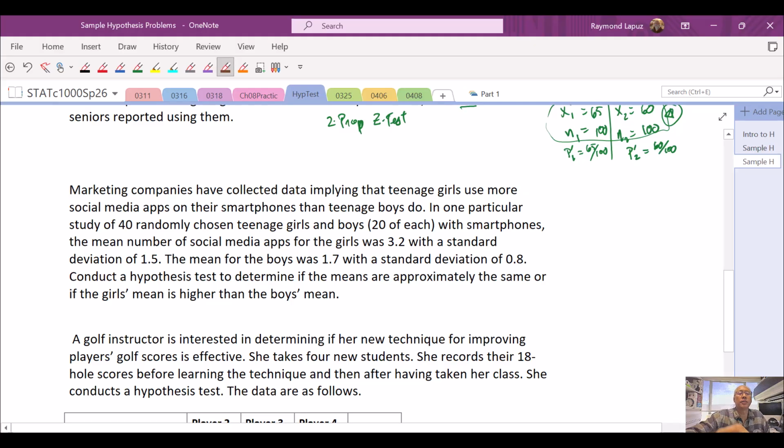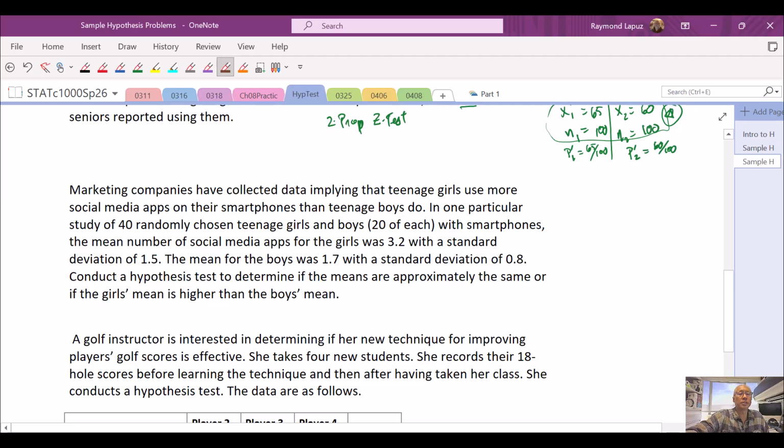Marketing companies have collected data implying teenage girls use more social media than boys do. In one particular random study, 40 chosen teenage girls and boys, 20 of each, with smartphones, and the mean number of social